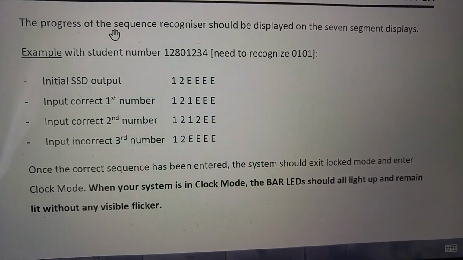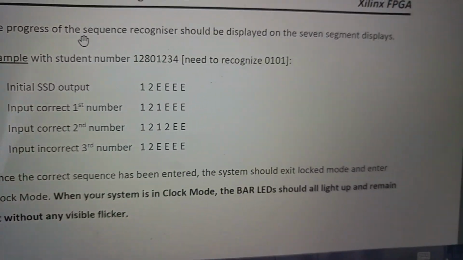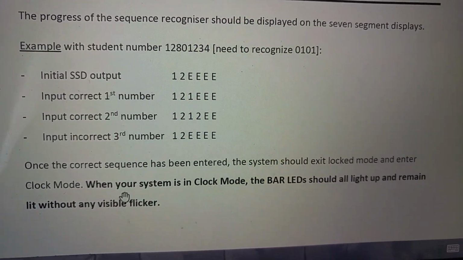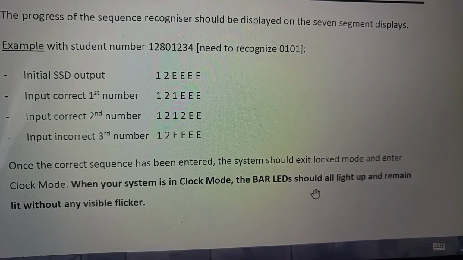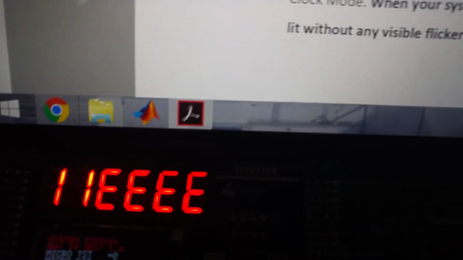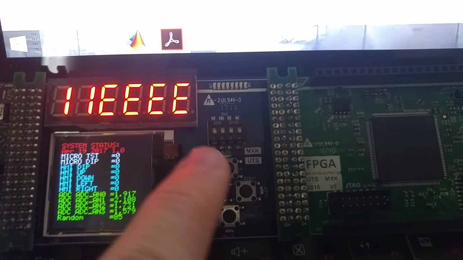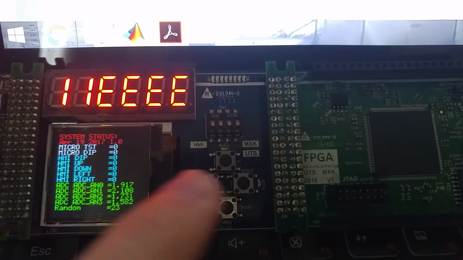Right. Once the correct sequence is entered, the system should exit locked mode and enter clock mode. When it's in clock mode, the bar LEDs should light up and remain lit without visible flicker. The bar LEDs are the LEDs up here. You have 8 up here, those are your bar LEDs, and these 4 dip switches and the 4 buttons